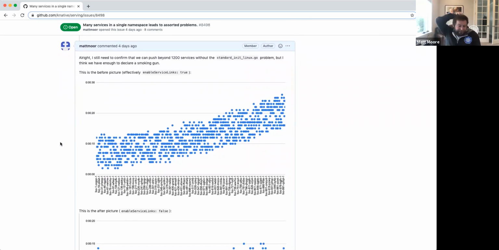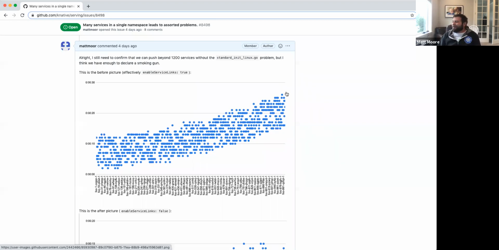So basically, what I did was I spun up a whole bunch of services, and what I was seeing, if you look at this, the x-axis is how many services have been created so far. As you create more services, the dots in the scatter plot get higher. The height of the dot represents how long it took from when we created it to when it reported as ready. So the more services that we deployed, the longer it took for those to become ready. And this is actually only 1,000, and we can get to that.